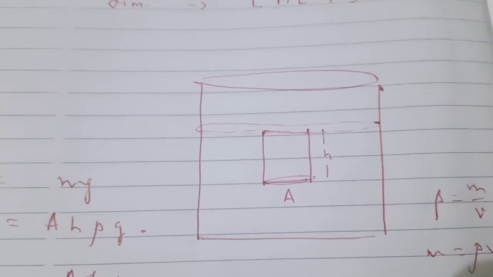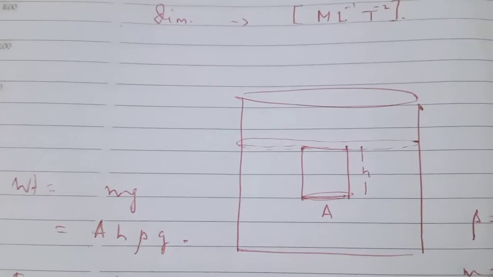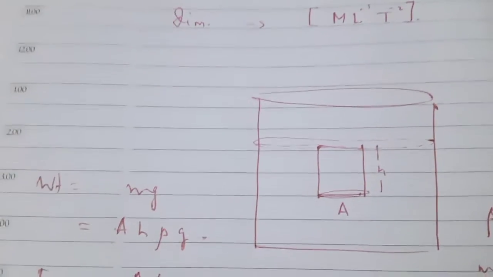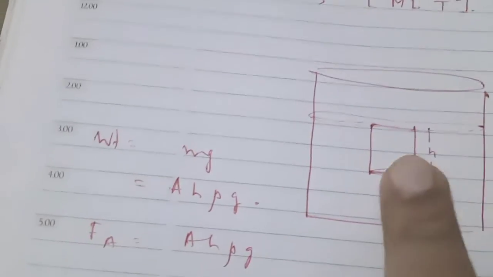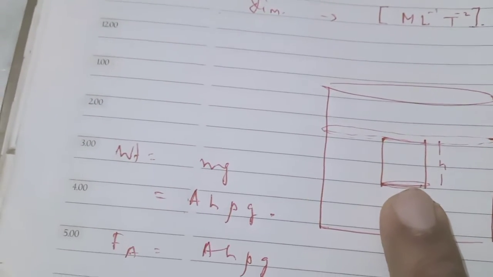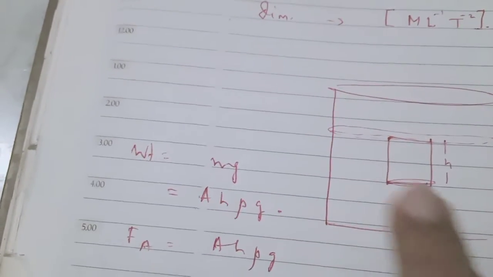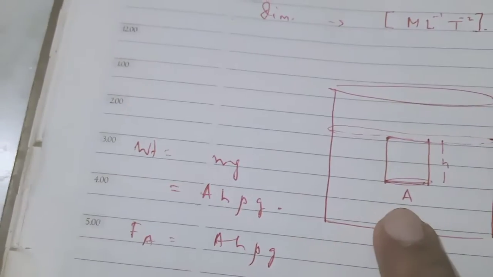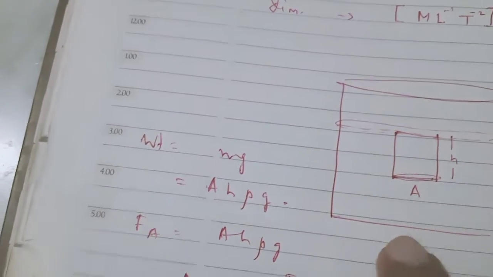Now let us consider some liquid here, and the density of the liquid is rho. It is kept in a vessel. We are going to determine the pressure exerted by the liquid at a certain depth here. We are going to find out the pressure exerted by the liquid at this point. Let us imagine a small horizontal area surrounding the point inside the liquid. The weight of the liquid column is the thrust or the normal force applied on the area A.